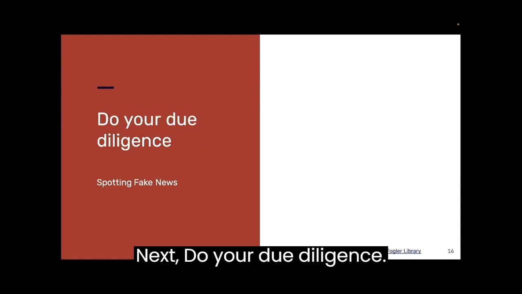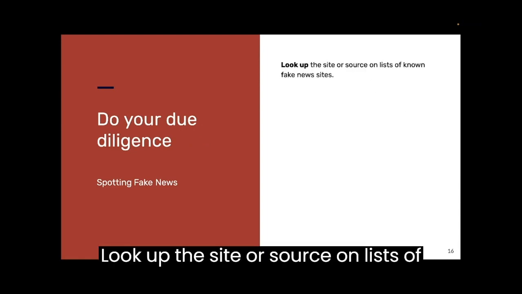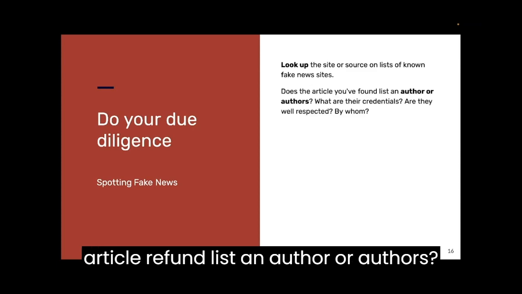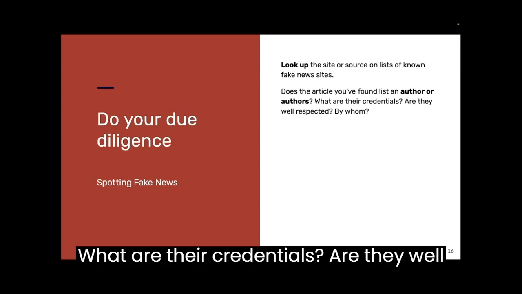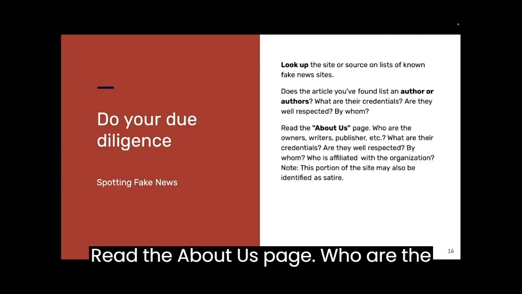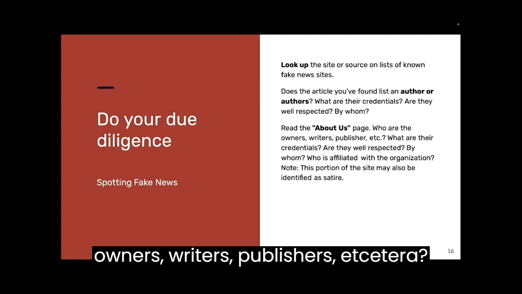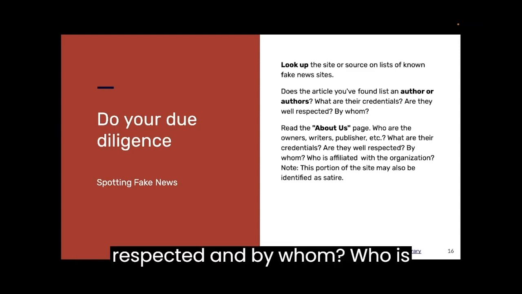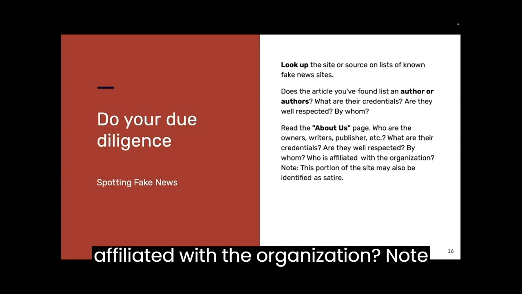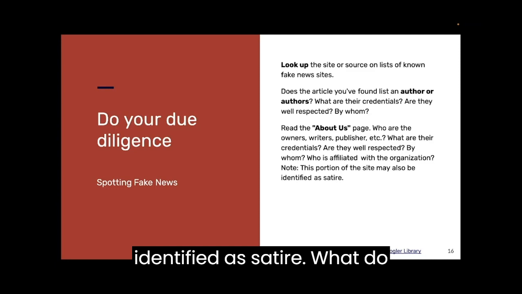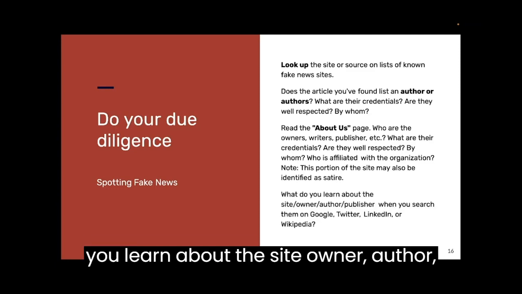Next, do your due diligence. Look up the site or source on lists of known fake news sites. Does the article you found list an author or authors? What are their credentials? Are they well respected and by whom? Read the About Us page. Who are the owners, writers, publishers, etc.? What are their credentials? Are they well respected and by whom? Who is affiliated with the organization? Note, this portion of the site may also be identified as satire. What do you learn about the site